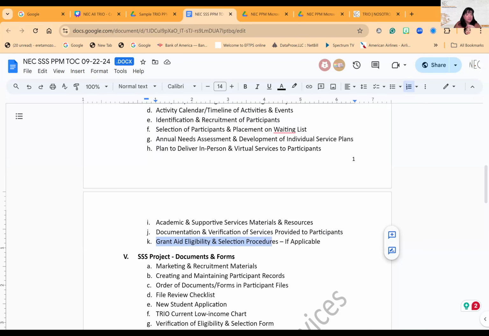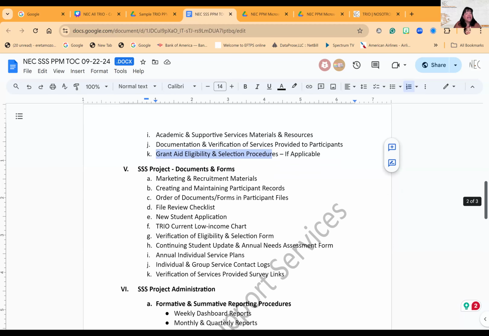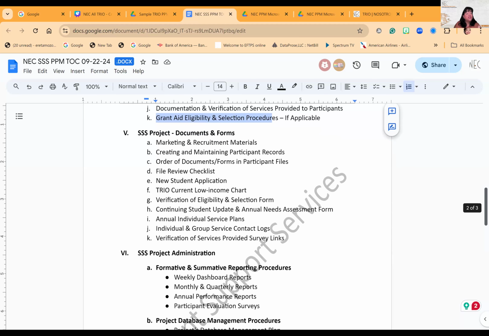Two different things. We should have indication or proof of the federal regulations allowing you to see who's eligible, but then you need to go ahead and state your selection process, because you may have more students that are eligible than for the money you have available. So you have to explain, why did you select just some of the students?